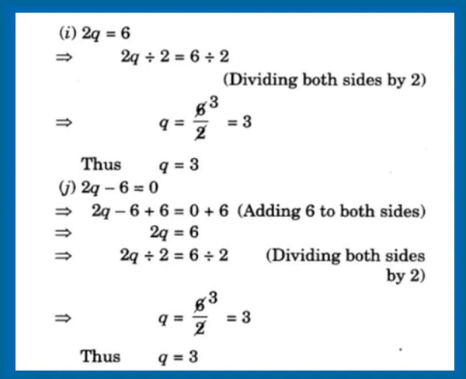Again we are dividing with 2 on both sides. We got 2q divided by 2, which is equal to 6 by 2. In LHS, 2 and 2 will be getting cancelled and it becomes q. Our RHS is 6 by 2, that is 3. Therefore, q is equal to 3, which is our required solution. So, in this question, K and L subdivisions are homework.